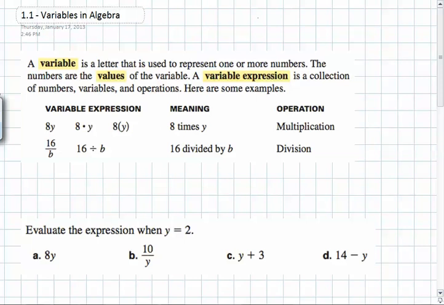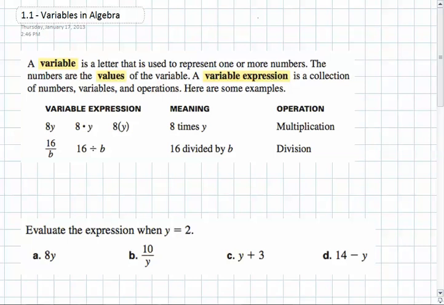Variables are the absolute core to algebra. Without them, algebra simply would not be possible. In fact, that's not quite the truth. You could do algebra, and it was done long ago without variables, but it was much harder and it was not super deep. You could do some cool things, but most of the modern things we do with algebra happen